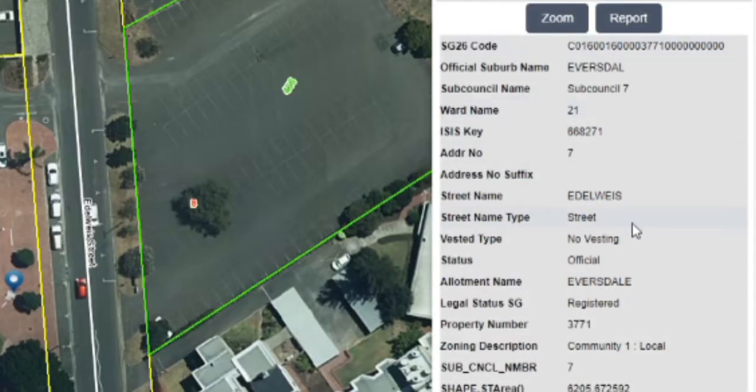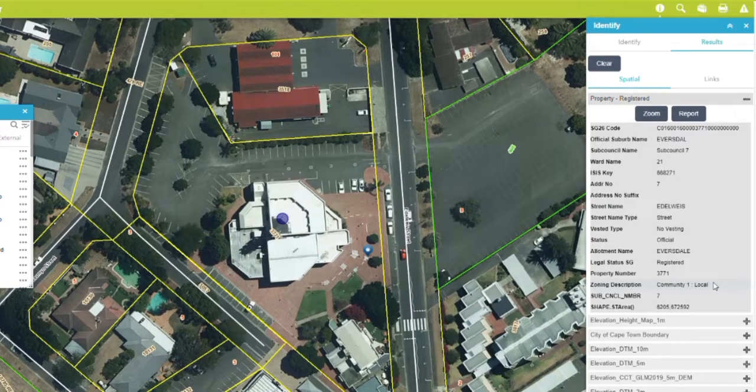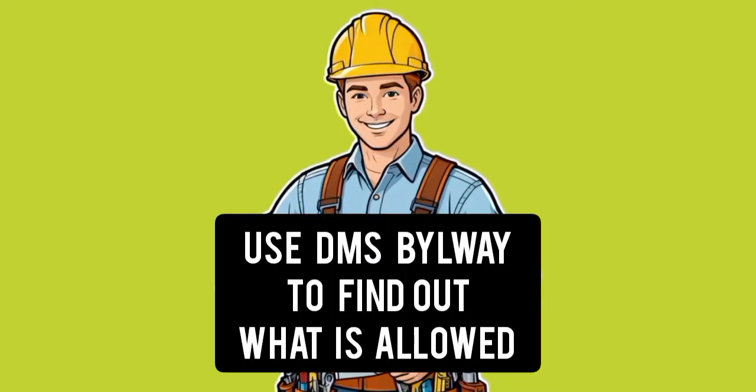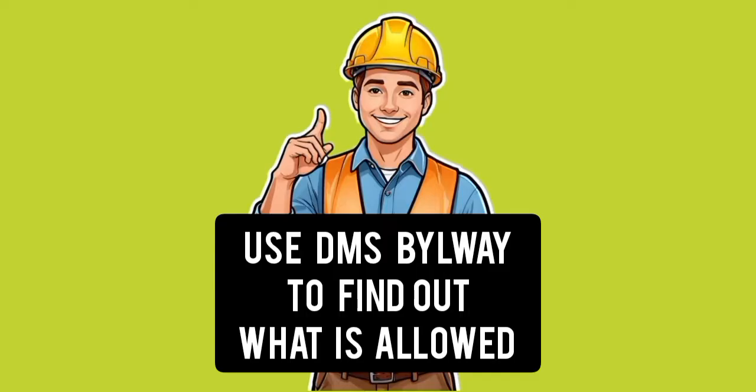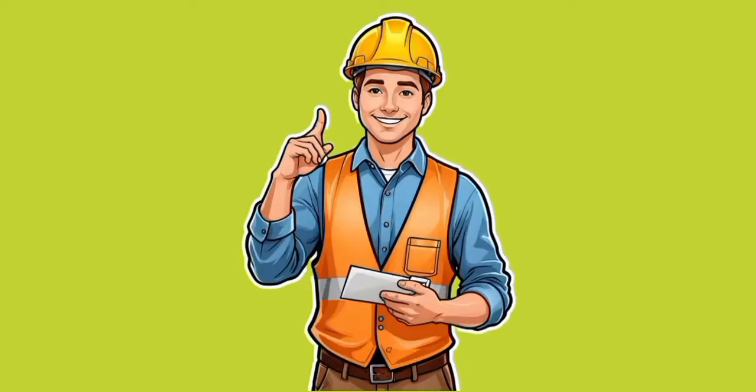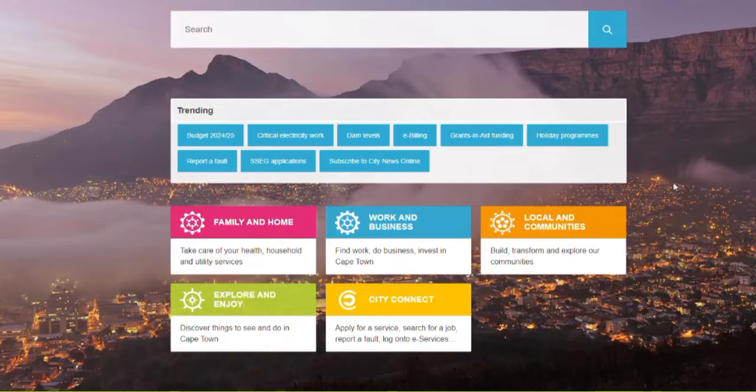Every erf has a specific zoning. The zoning will determine what parameters, and what rights you have on the erf. Now that you know the zoning, you can check the DMS. The DMS is the Development Management Scheme, and it's a powerful book that contains all the restrictions, parameters and basic rights of your property. To find the DMS, click Work and Business,